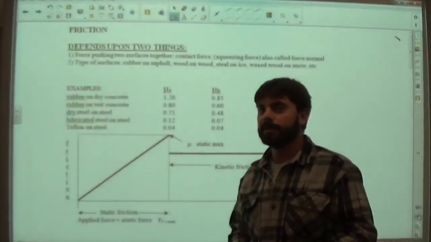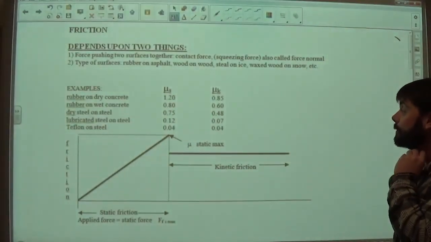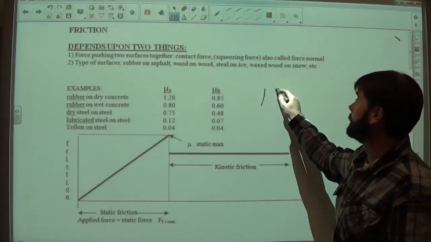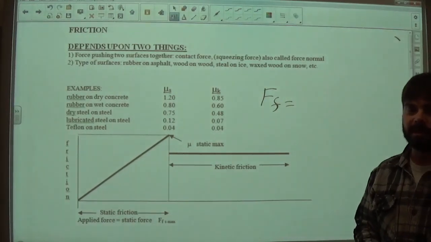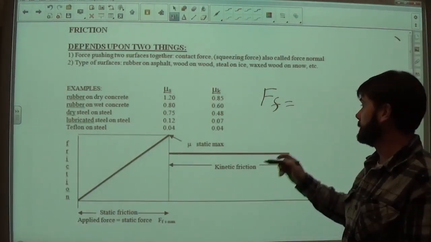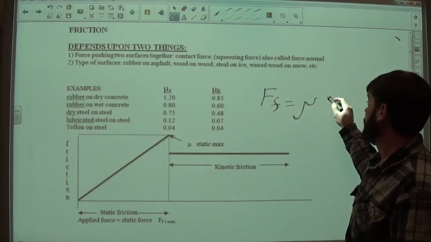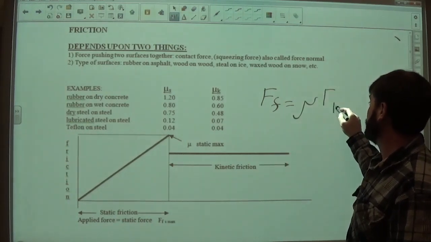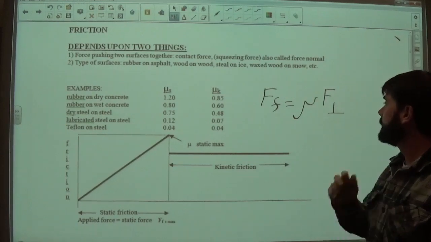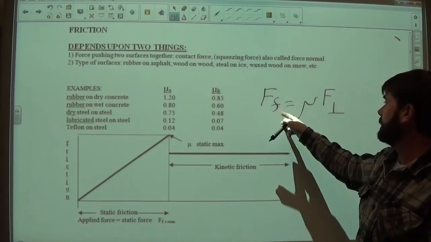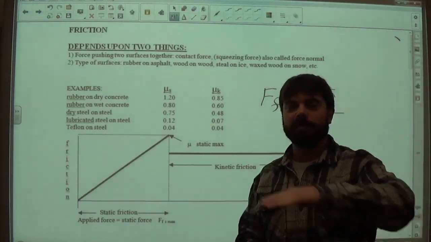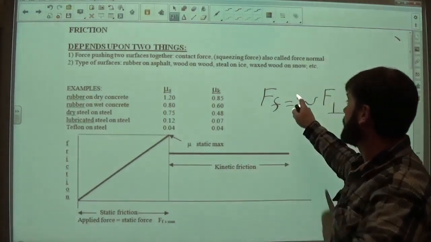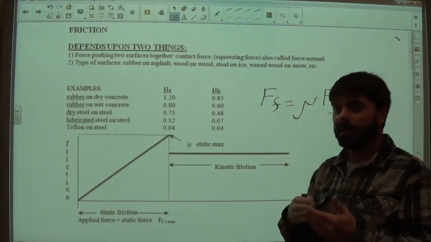They're both really low at 0.04. So when we go to calculate frictional force, and I know we've used this equation before, and this isn't really going to go away in two dimensions, it's still mu times the force perpendicular, which will look something like this. It's the same idea as saying frictional force is mu times force of gravity or weight when things are on a horizontal surface. So force of friction is basically the force applied